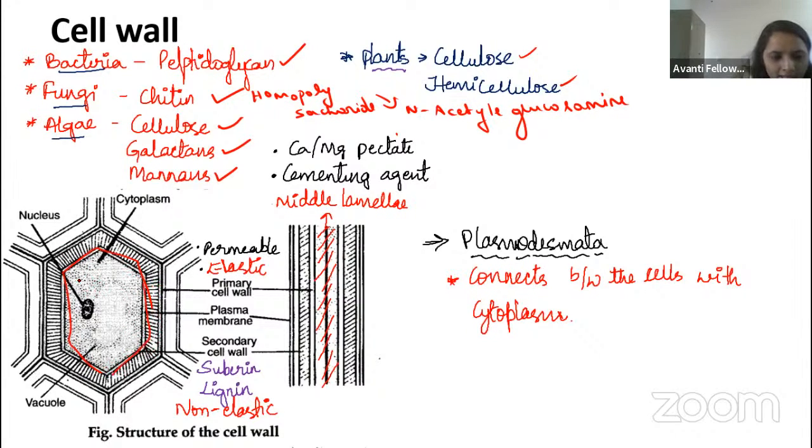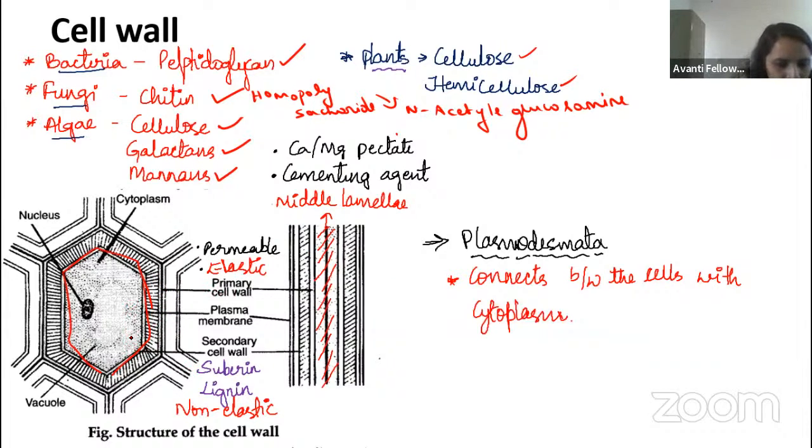And here you can see I have written the benzene structure, right? So this is a cell, and near to the cell there is a secondary cell wall. What will we think? Near the plasma membrane, the primary cell wall is there, no? No. So say primary cell wall is not there, secondary cell wall is there. Okay. So near here you can see the secondary cell wall, then you can see the primary cell wall.